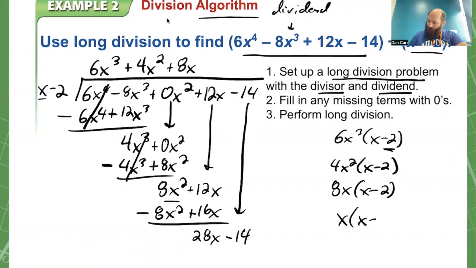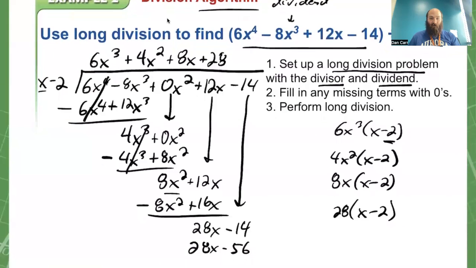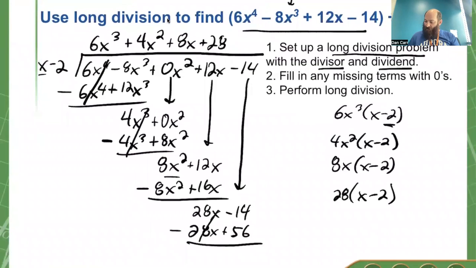Okay, so I want to multiply by x minus 2. And the goal is to get me to 28x. So that gets multiplied by 28. Okay, so I'm going to put a 28 up here, and I multiply that out. So 28 times x is 28x. 28 times a negative 2 is a negative 56. Last step there, subtract that, we add that. So that goes away, and I have a number of negative 14 plus 56 is going to give me a